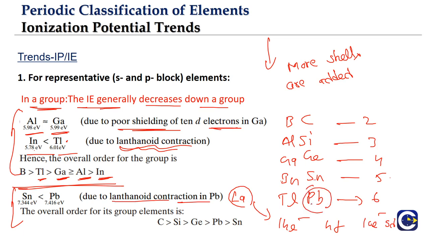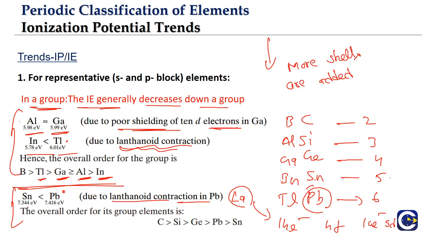What we see is that the ionization energy of lead in fact will be more than tin, because as you go down the group, what we expect is that ionization energy must decrease generally, but lead will be more than tin. What is the reason? Because of lanthanide contraction. Since we are entering 14 electrons into 4f and also 10 electrons into 5d, both are poor shielding. The outermost electrons will come under more influence of the nucleus. Means what? It will be very difficult to remove these outermost electrons in comparison to tin. That is why we can see the difference, right?